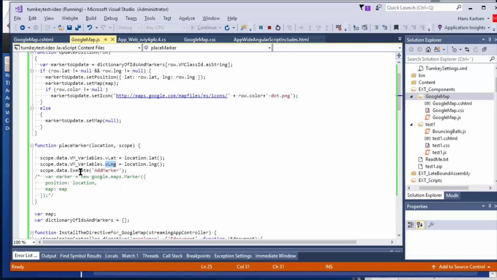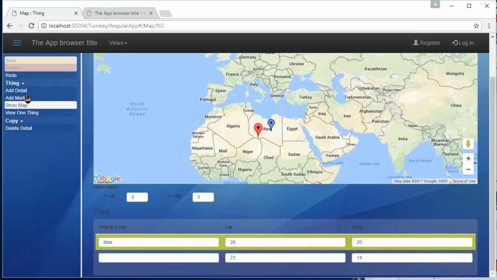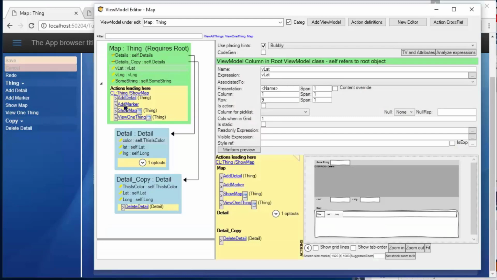So what will happen when I click is that the variables are set to the position I click on, and then I will execute a server-side action called add marker. So that's the one that is here, add marker. And what does the add marker do? Well, the add marker